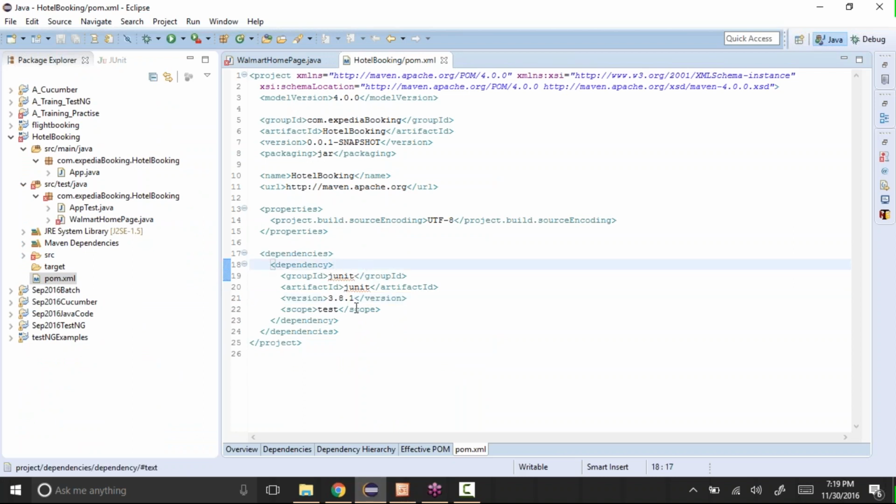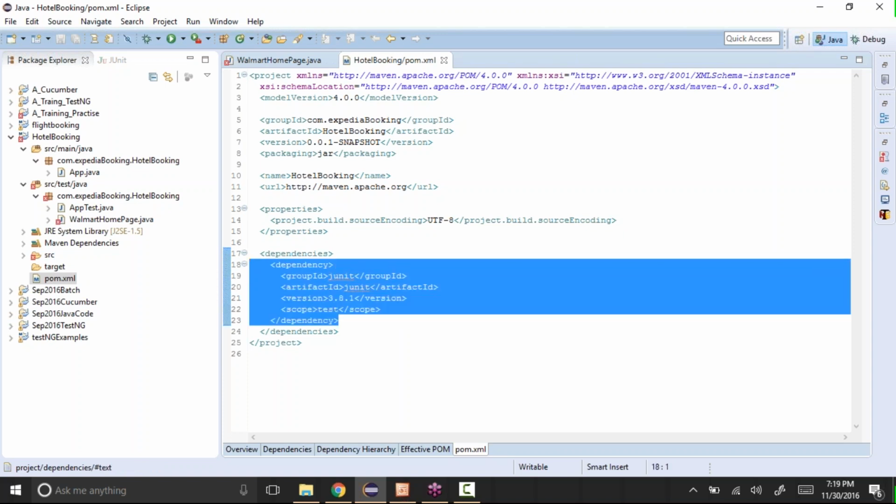Now let's say I don't need this JUnit. Let's say the framework that I am using for my project is the testng framework. So what I need to do is add that specific dependency over here. See, this is an XML file and it says dependency, end dependency, group ID, end group ID, artifact ID, version, scope, all of them. Now let's say I want my testng, so I want to download my testng dependency.